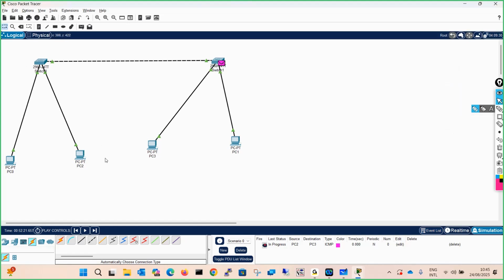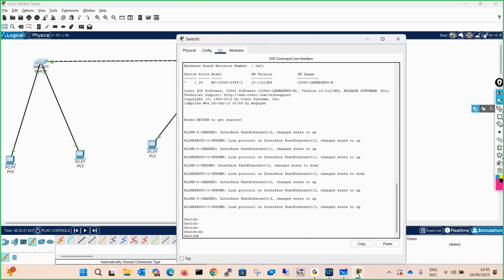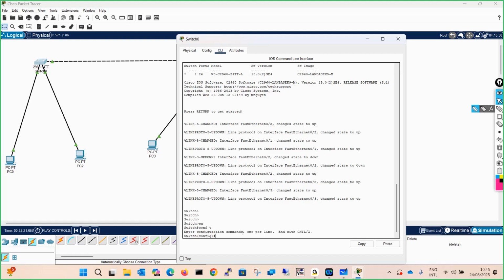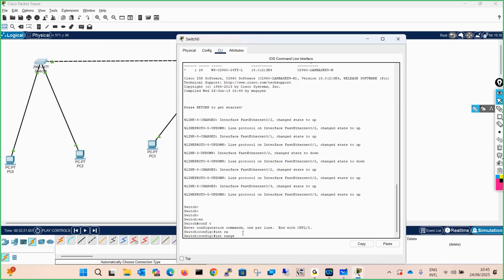Moving ahead, now we have seen that you have connected the PCs and by default all the PCs are talking to each other. Now let's do one thing. We will learn how to configure the access port. So just go to configuration mode along with me, and we need to configure FastEthernet 1, 2, 3, right? If you want to do the same configuration on multiple ports, you can use the interface range command.